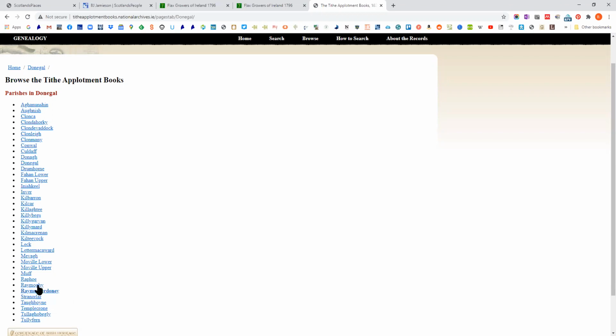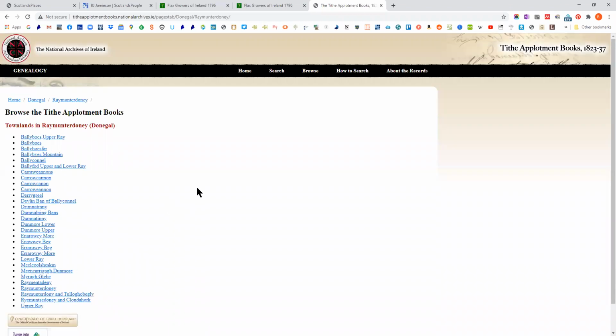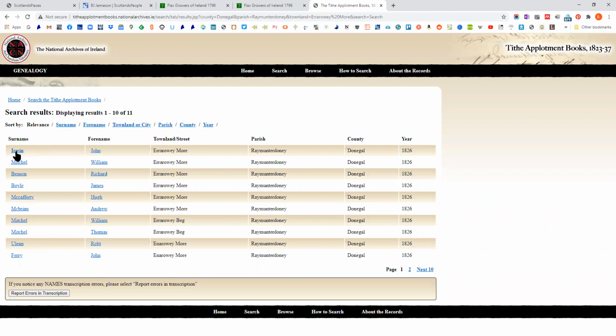Let's take this one. And then these are the townlands in this parish. And then we can click here, and here you have the people living on this townland. And if we click through,